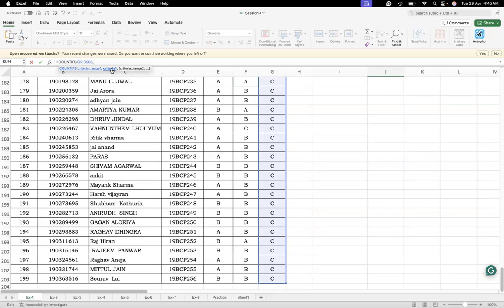First criteria, what I want from this range, I want only A section. So A I will be writing under the inverted commas. So this is my criteria. From this G5 to G203 range, my criteria is that select only those rows which have A section in it. Okay. Now I am putting a comma and